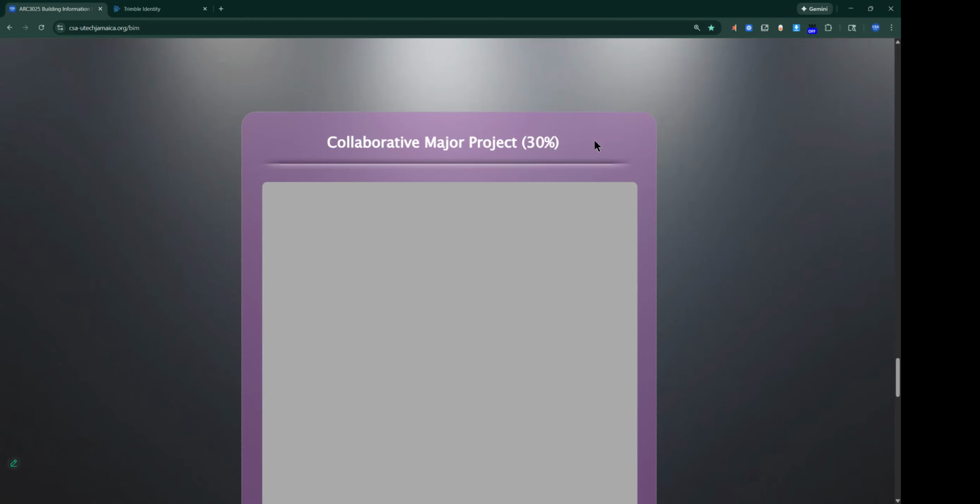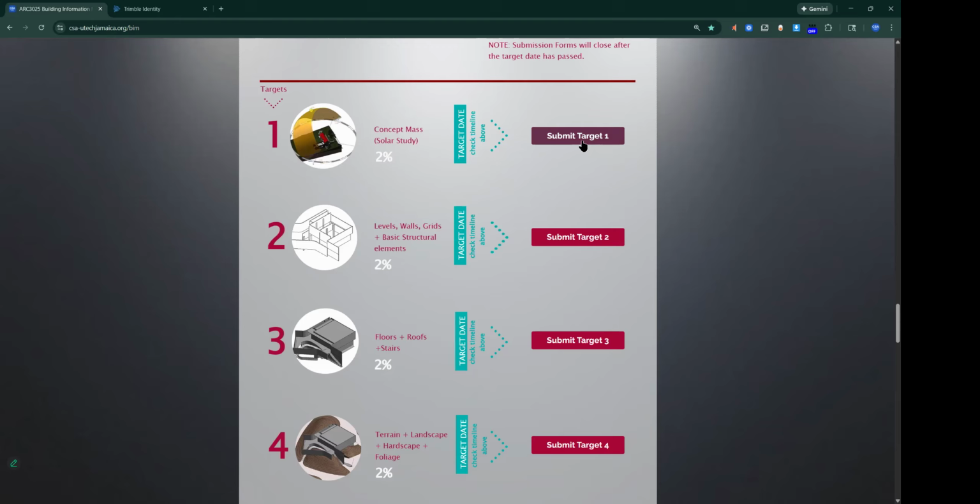You submit this at the end of the semester, and that's when you get your 60% grade. The solar study is going to be a part of your submission, so it will be in the big submission. But these are some checkpoints. If you hit these targets, you have nothing to worry about.